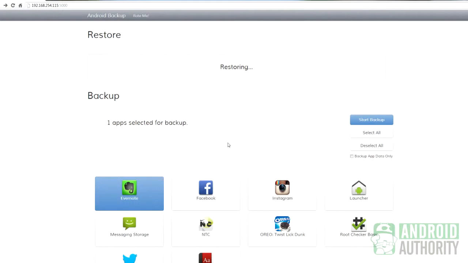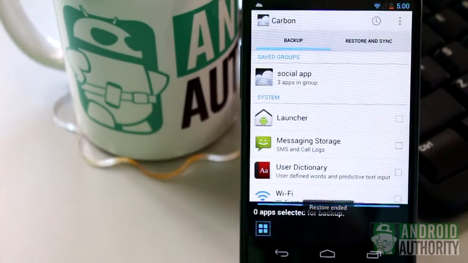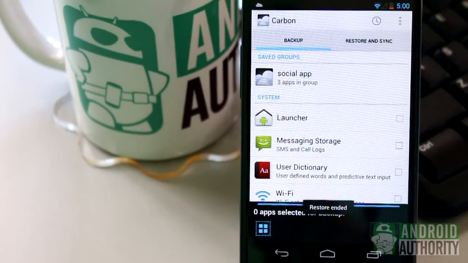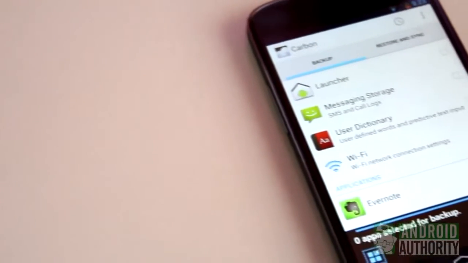Generally, your web browser will tell you when restoration has finished, although sometimes it doesn't. But if you monitor your device, you will see a small notification on the screen saying that the restoration process has finished. If you want a reliable way to back up your apps or to sync app data and settings